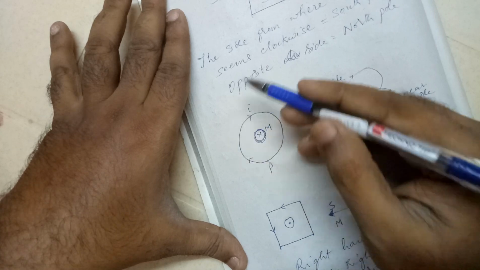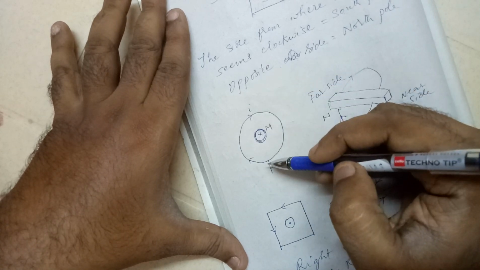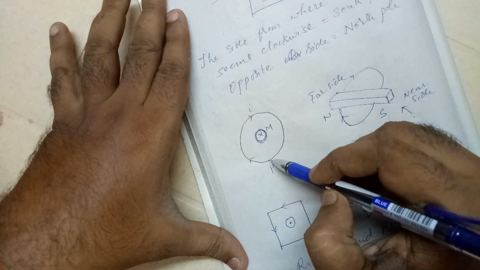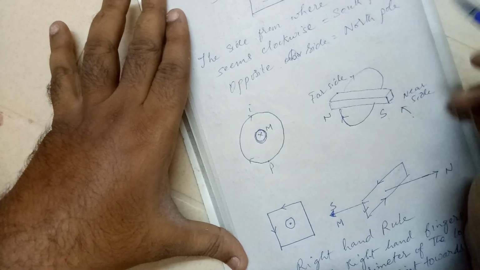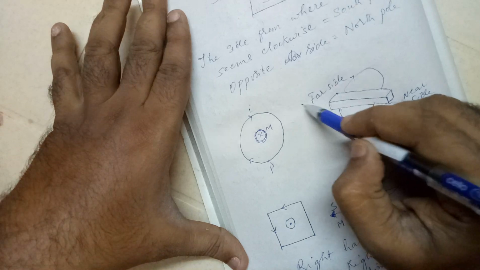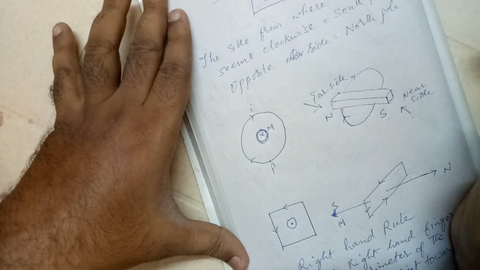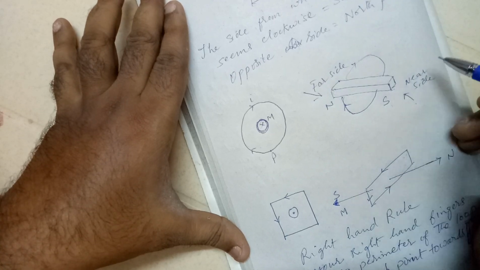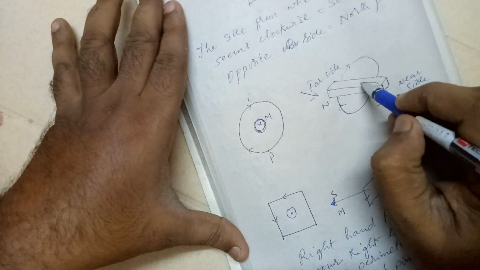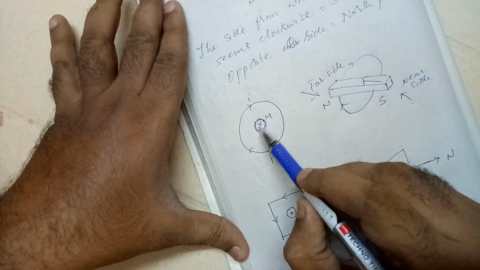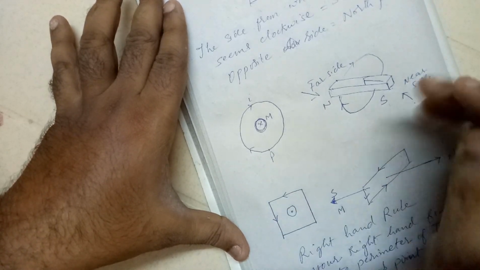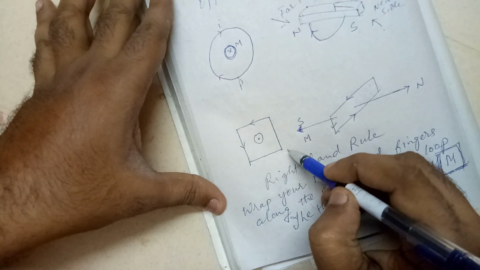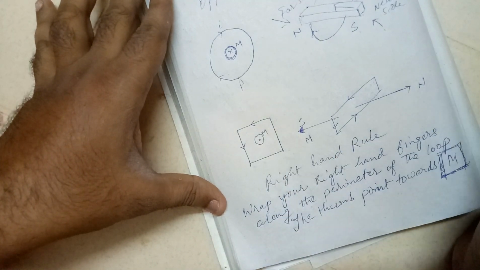Imagine a person standing on the other side of the paper. When he sees from the other side, it will look like a north pole. That means if you see from this side, this will look like a north pole. Because the direction of magnetic moment here will be from south to north, it is penetrating the paper, so I have put an into mark here. Similarly, take another example. The direction of current is shown like this. So this will be the M direction.